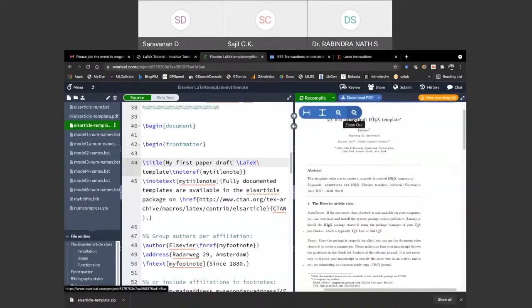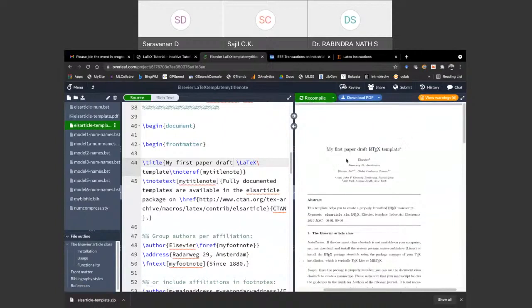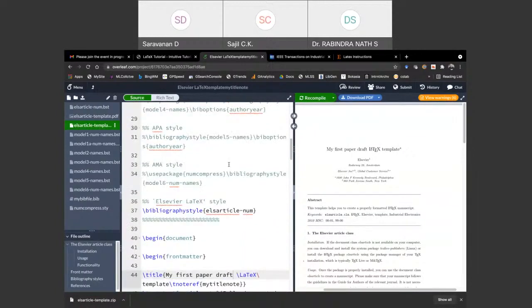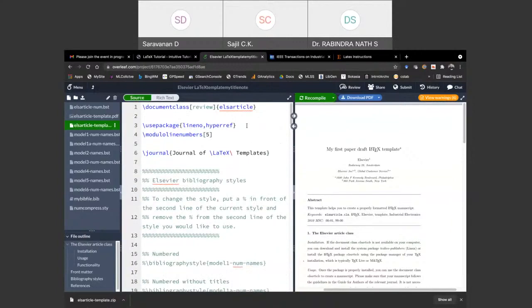See, here I have changed the content and it changed. I didn't set the font size or font style; it is all taken care of by the LaTeX class provided by Elsevier themselves.